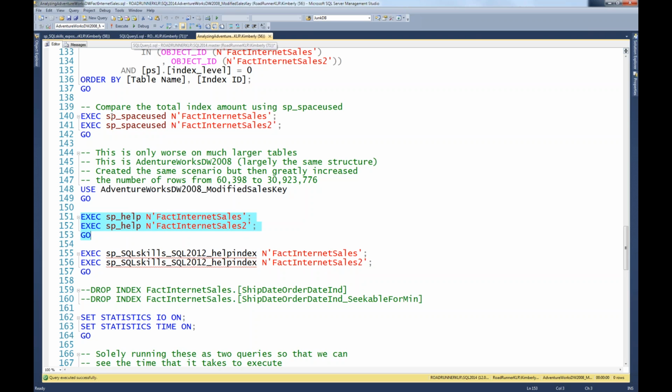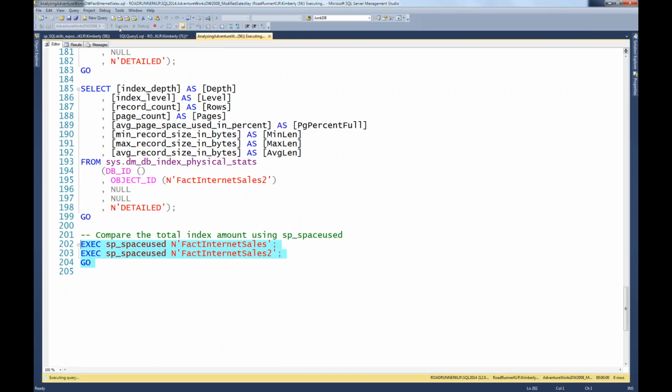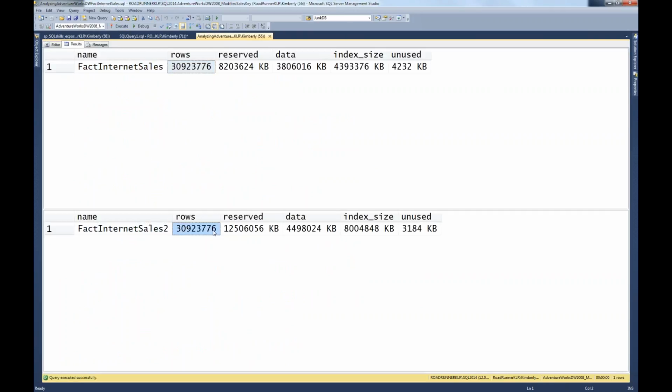So I'm just going to cut to the chase because we're a little bit late on time, and I'm just going to go down here and look at the space used on my 31 million row table. We're looking at just over 4 gig in data. Of course, the data doesn't change much, but we're looking at a massive amount of index space versus the integer-based